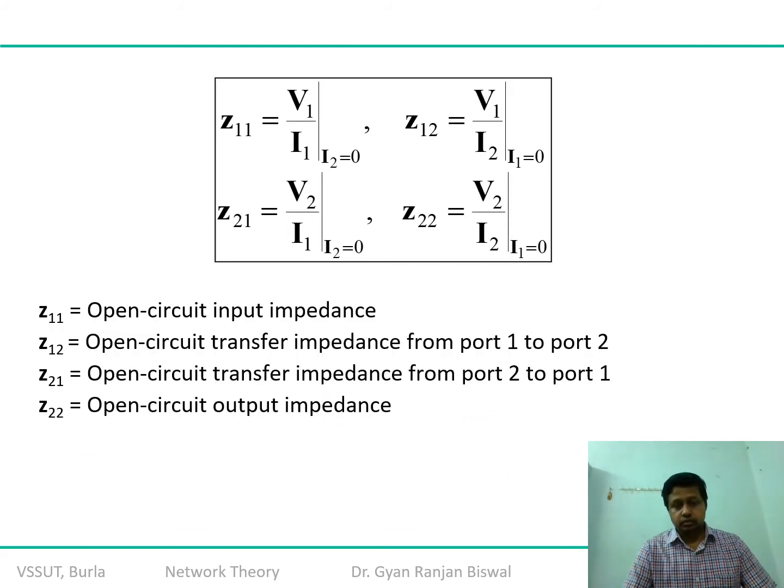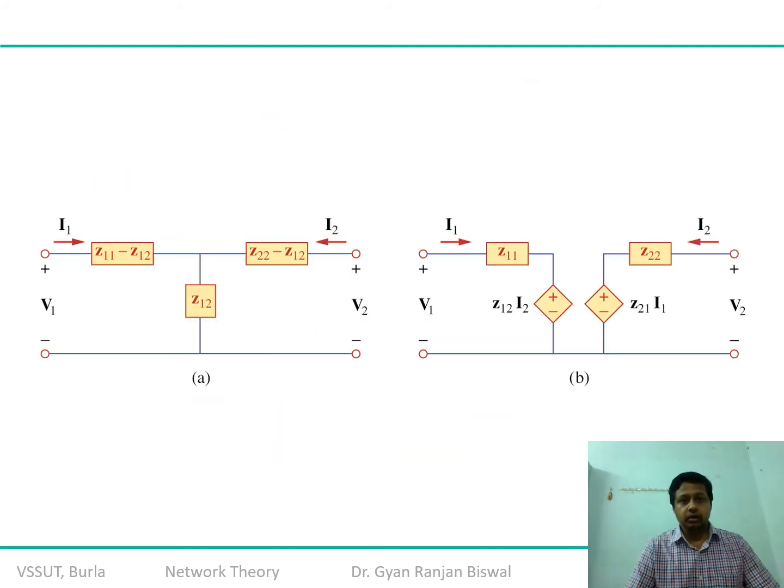The common thing is that it is open circuit, so that's why this impedance analysis is also called the open circuit impedance parameter. We have already seen this. Probably we can skip ahead. As an example, there is a demonstration of a T network. Actually, both the networks are typically the same.